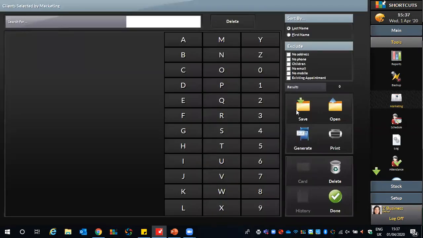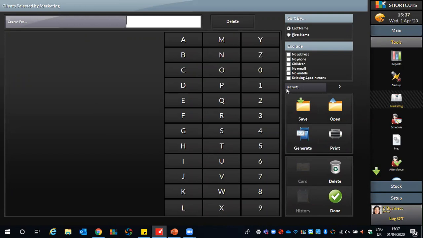Now, based on GDPR, I don't have any clients in my database, but what you would have when you do this, on the left-hand side, you would have a whole list of clients that fall within that criteria you just filled out. On the right hand side, you will also be able to see any results. Okay, so at this point, it will be a good idea to see how many results have pulled through.